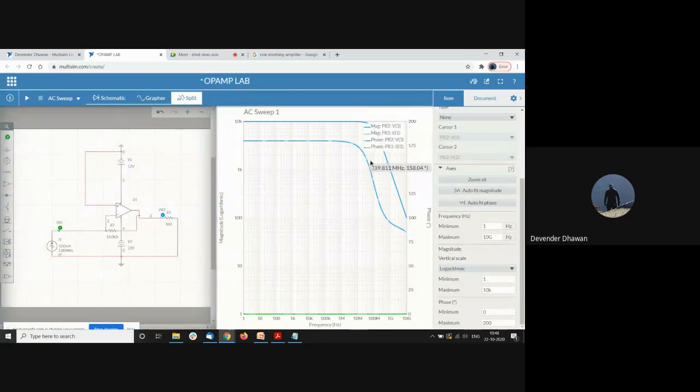Okay. And actually this AC sweep also shows us the phase, like what changes in phase will happen with the frequency. So that also you can see here. Okay. So